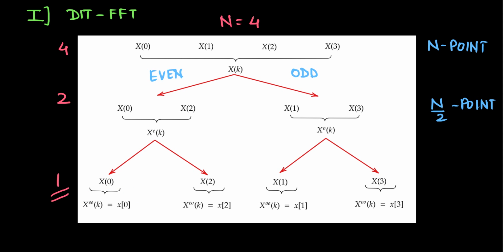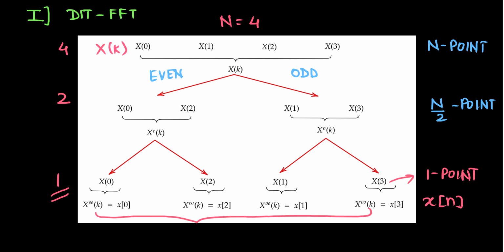So at the end here, what we obtain is the 1 point DFT, and the inverse DFT is that point itself. So at the end we are left with this x of n sequence. So starting from X of k, we split them till 1 point DFT to get this x of n sequence. Now if we observe this x of n sequence here, it is not in the proper order. So it's x of 0, x of 2, x of 1 and x of 3, and we saw that it is in bit reversed order.